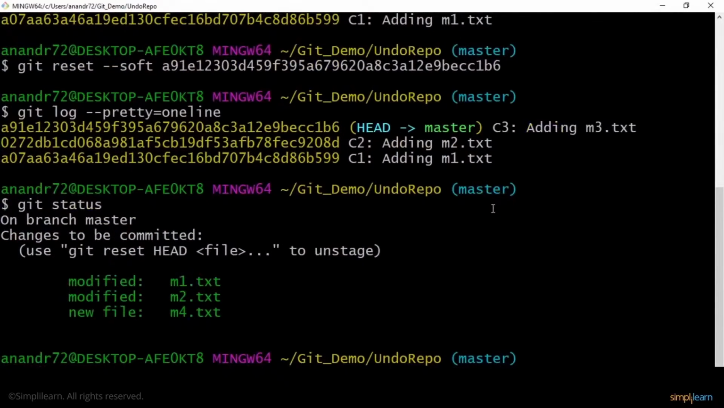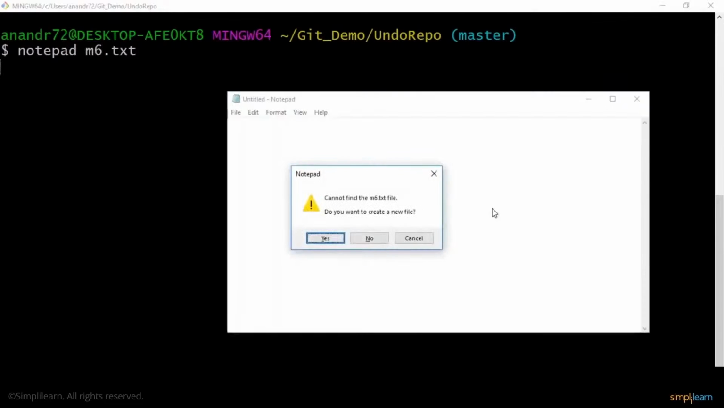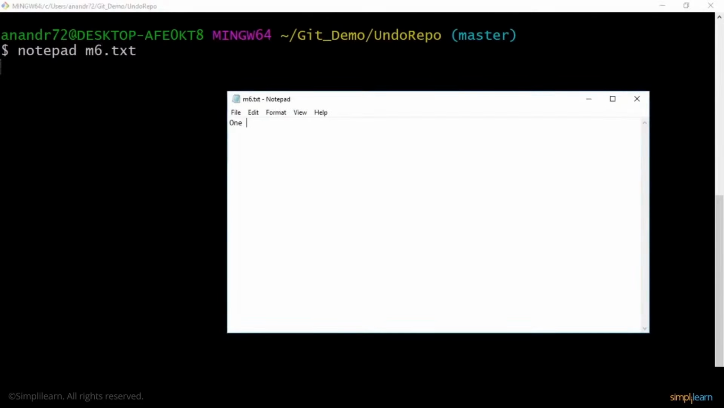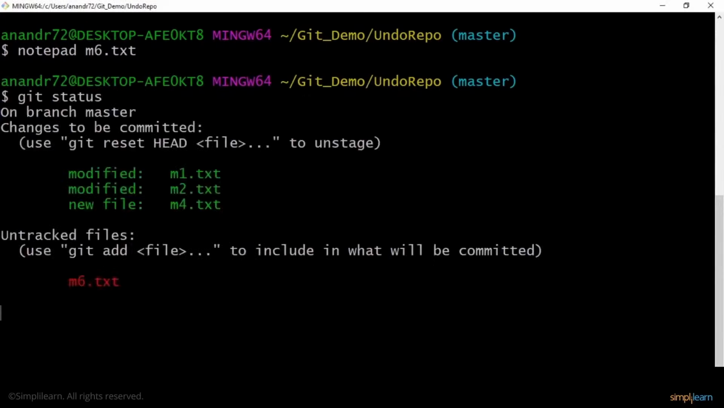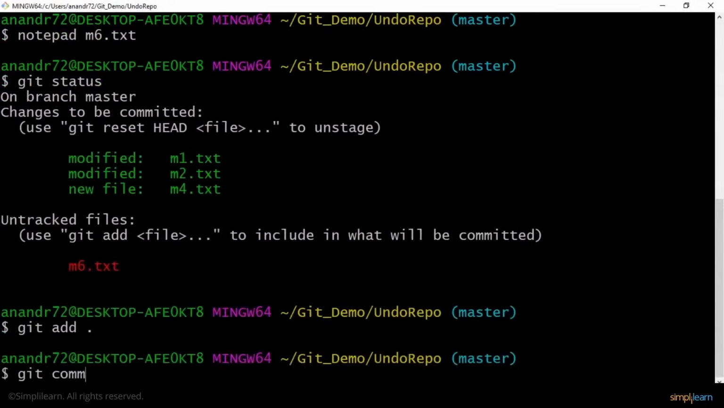Alright, now I can make some more changes that I want as a part of my commit and possibly go ahead and commit this whole thing as a new commit altogether. Maybe I'll open up a notepad and create a new file called m6.txt and say "one new file that was missed out." I make this change and go to git status. All these files are still there. I would say git add ., then git commit -m "C4 rewriting history",